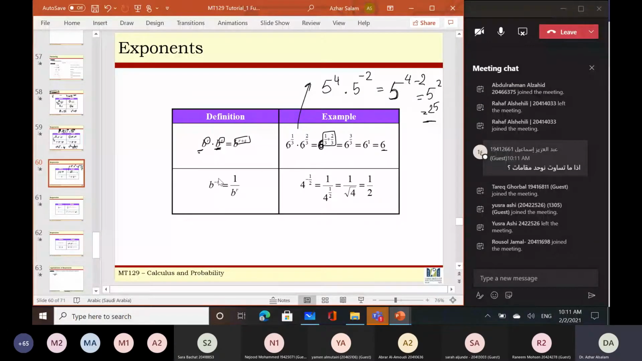Also here, as I said, when I have a minus or negative sign in the exponent, the whole number